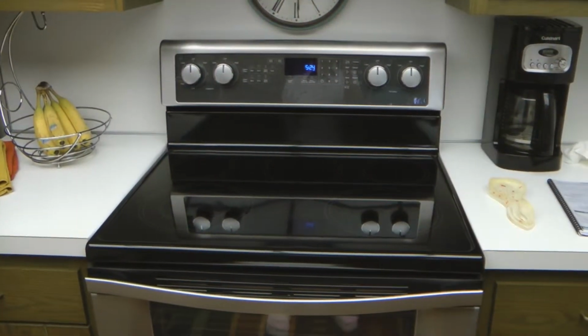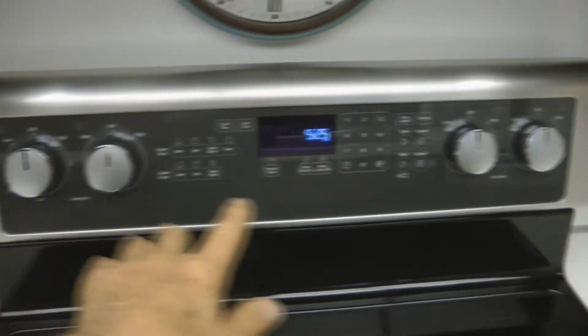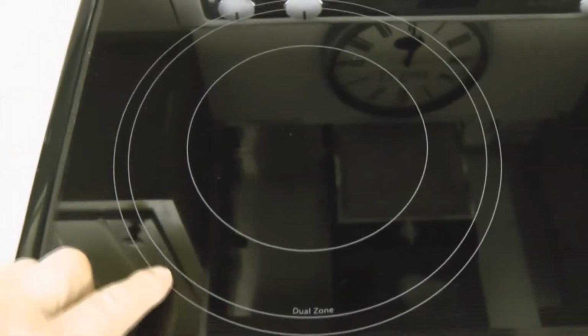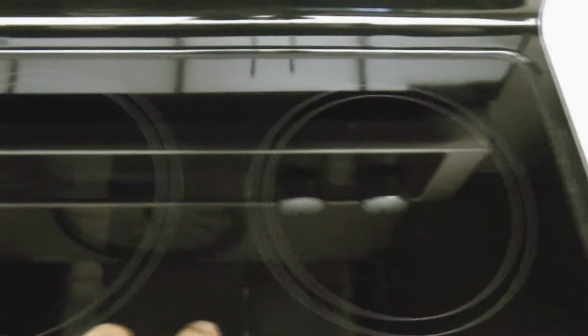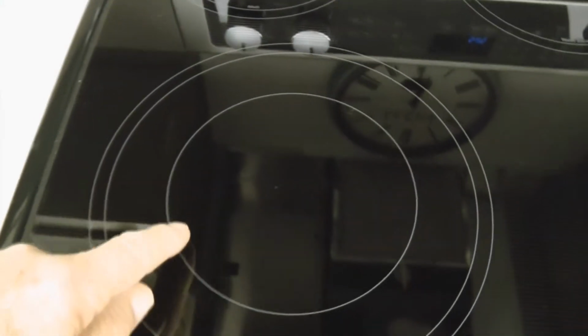All right, here's a close-up of the Whirlpool double oven range. It has four controls for four of the top burners. Here's one, two, this is a special burner, 3, 4. Now the middle one here is a warming zone for keeping things warm. So starting with the first control, this is a double control for this burner, and either you can have the